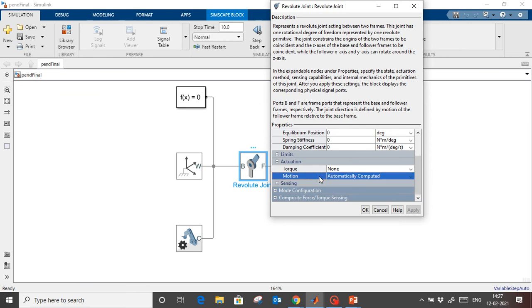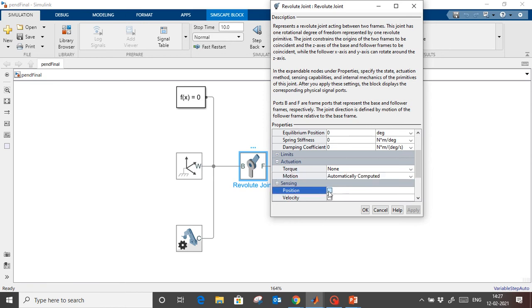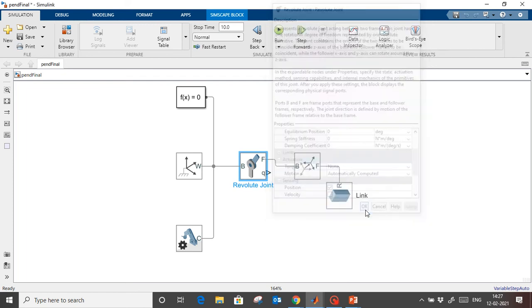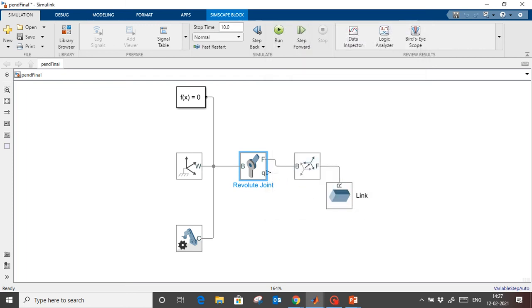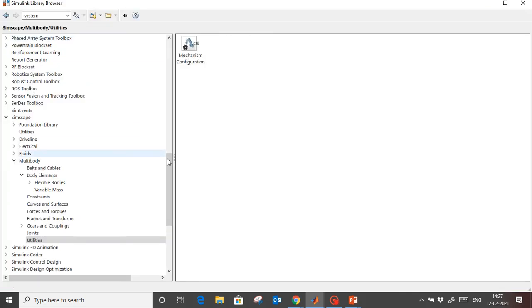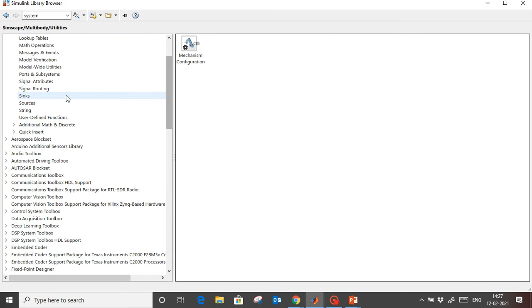Sensing: if I want to measure the position of this joint, I will take that, and I will get the option here to measure the position. So if I have to measure the position of this pendulum, what will I do? I will just require a scope